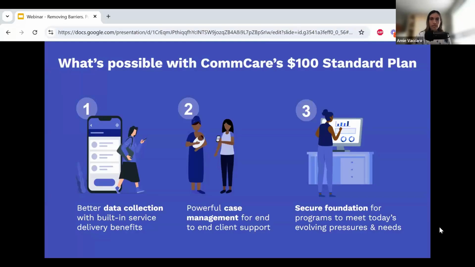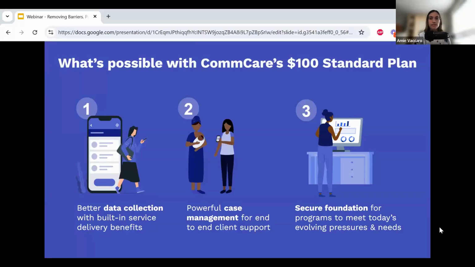The first is better data collection with built-in service delivery benefits. Our no-code application builder allows anyone to quickly build mobile, web, and messaging apps that not only collect critical data, but also guide frontline workers through best practices and protocols. Second, we'll take you through powerful case management for end-to-end client support.